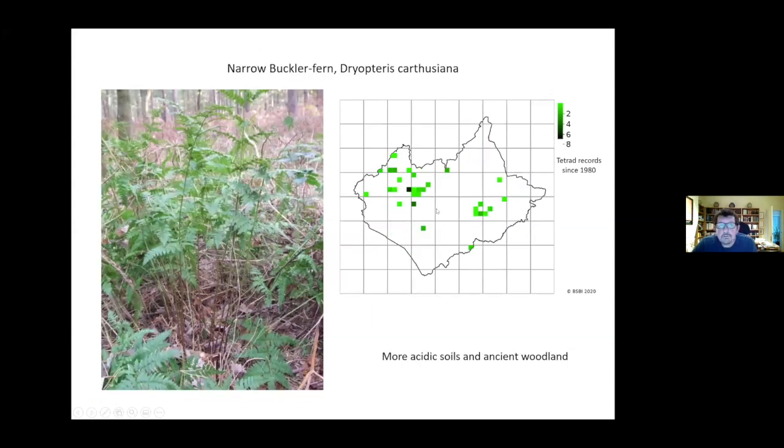Narrow buckler fern, Dryopteris carthusiana. Again, it prefers more acidic soils and ancient woodland. So again, concentration up in Charnwood and again, Leafield Forest here. Very, very scarce outside. This is the Wildlife Trust Reserve at Market Harborough. This is the,